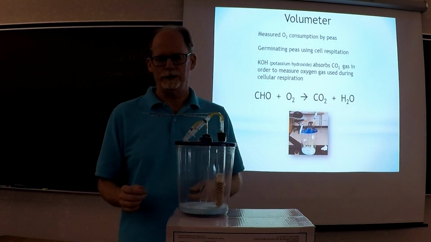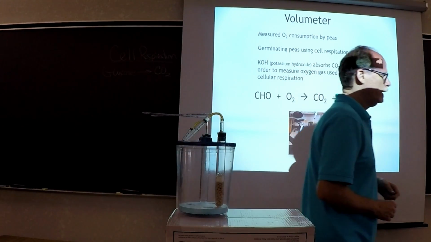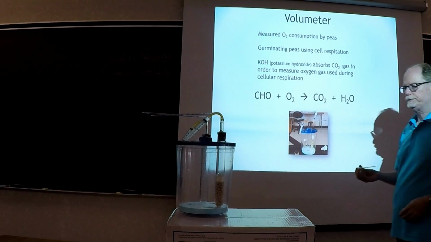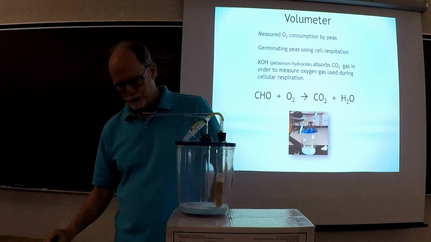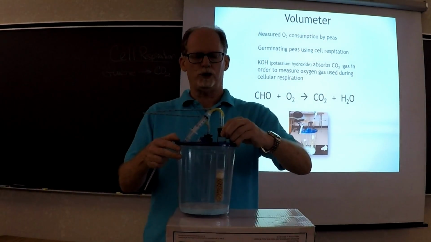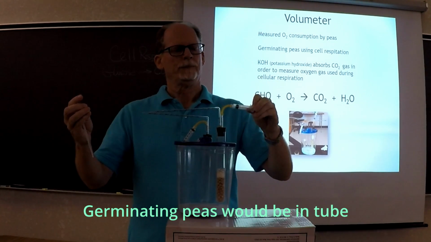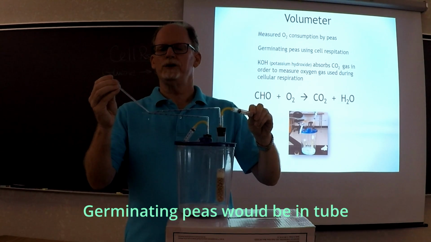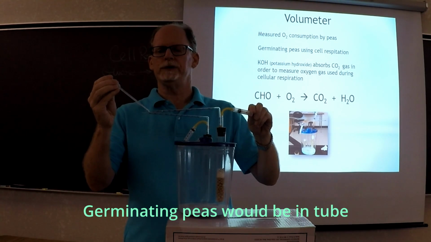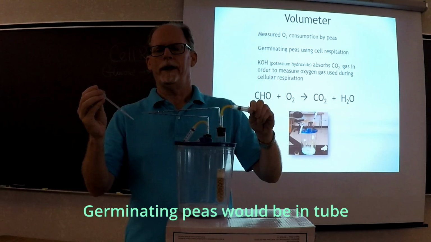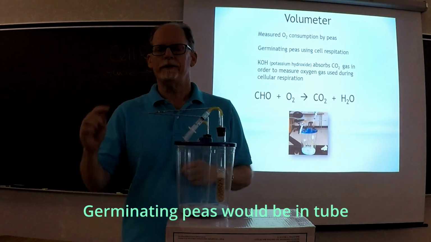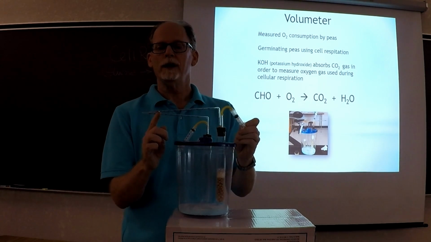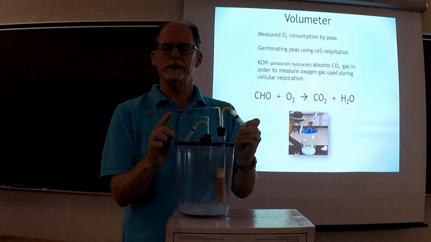So this apparatus, you set it up so you would take some... In order to measure the volume, we got a tube that's sealed up here, and then we would add this liquid. Usually it has a dye in there so you can see it. All right, and then what happens is I've got the dye at a certain mark. If the peas start using up the oxygen, then the liquid, I don't know if you can see it, moves